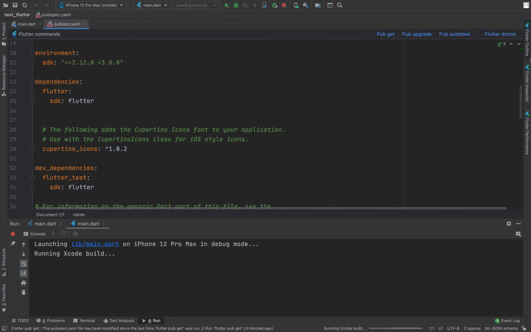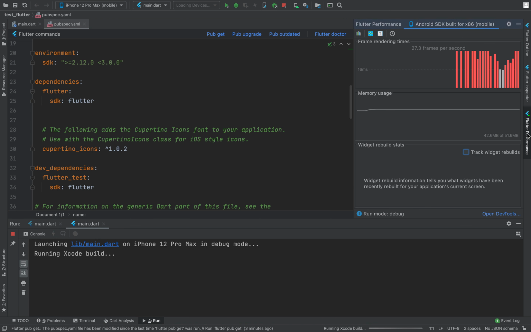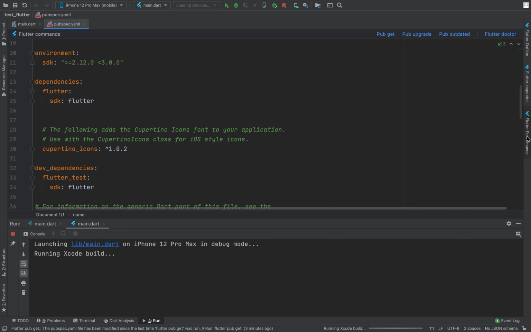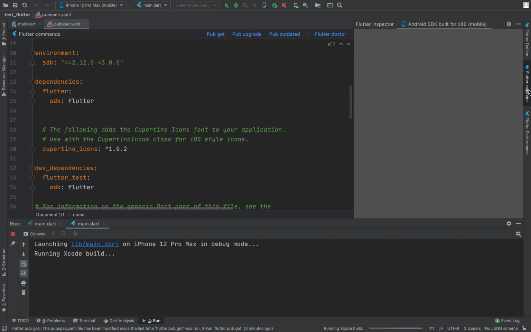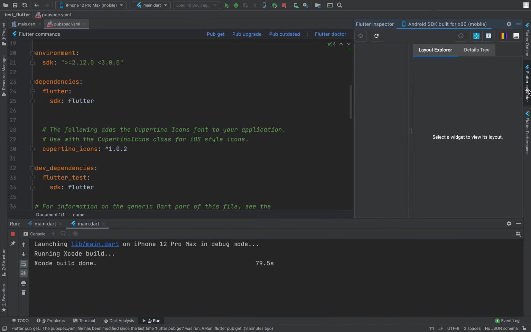And here we have certain inspectors: Flutter outline, Flutter inspector, and Flutter performance. And Flutter inspector, this is a very useful tool that we can make use of to actually inspect all the elements in the device or the simulator.